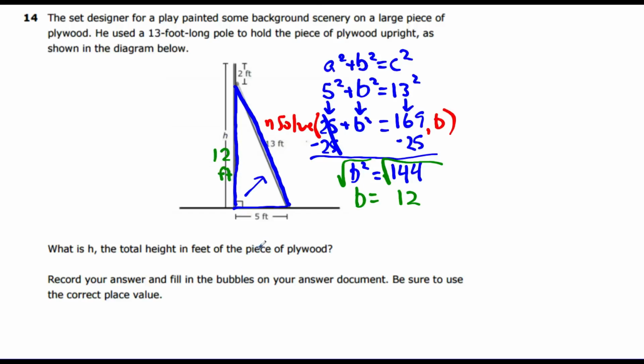But that's not the answer. Why not? Because we didn't forget this little 2 feet section here, 2 feet section there. So we have to combine 12 feet and 2 feet, which makes a grand total of 14 feet. So when you bubble this in,